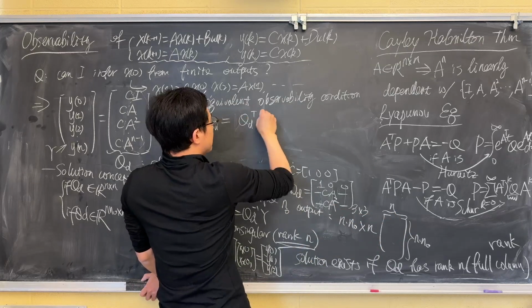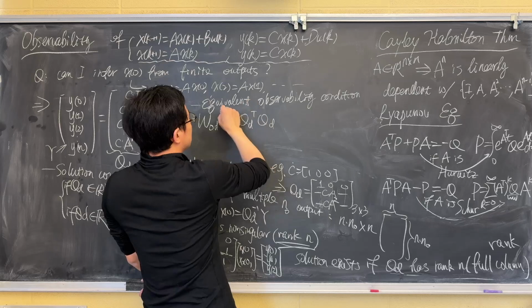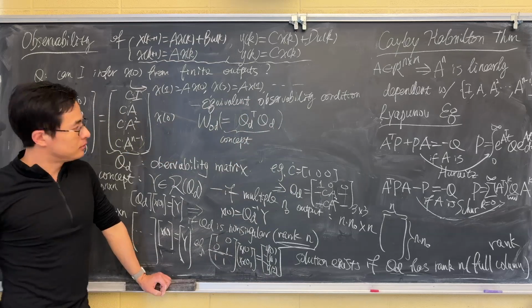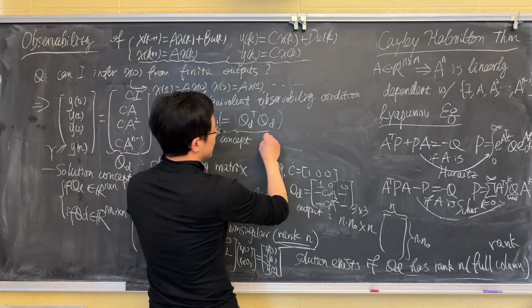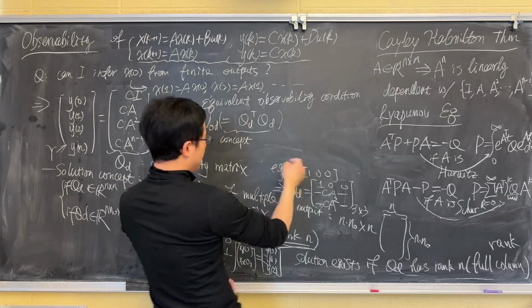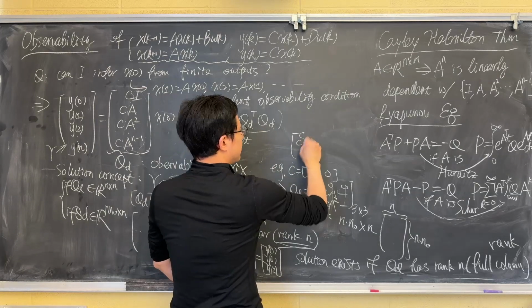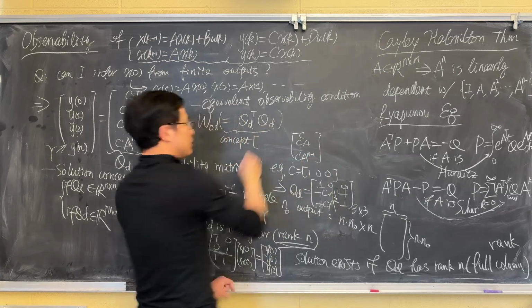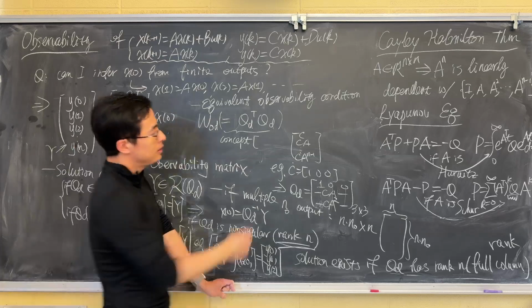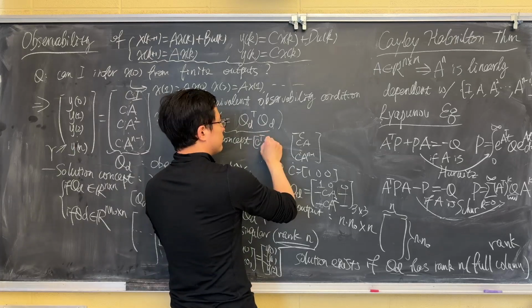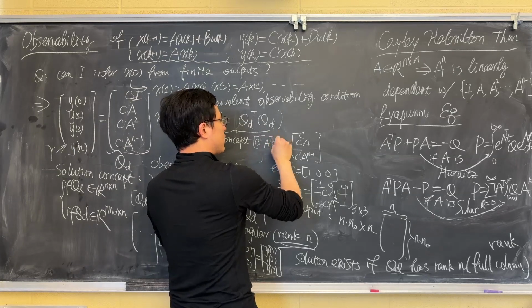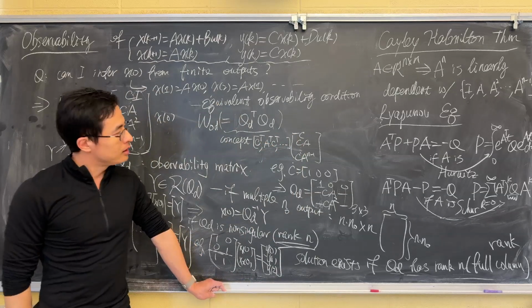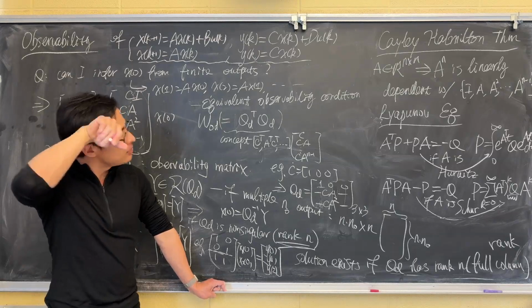QD is C, CA, up to CA^(n-1). So QD transpose is going to be C transpose, A transpose C transpose, etc. So the product is going to be